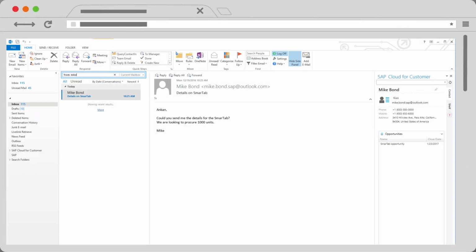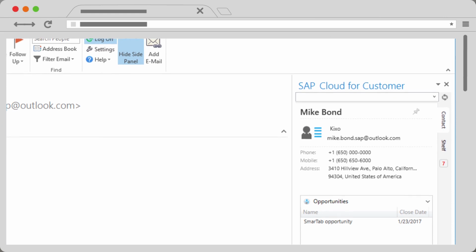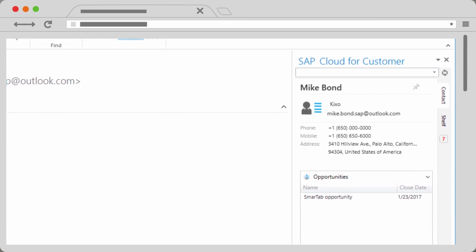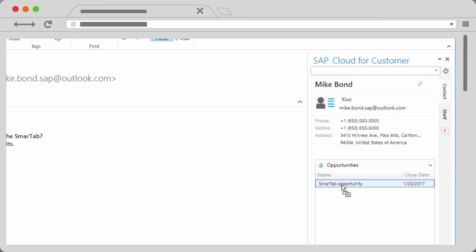Once you've downloaded our add-in to your Outlook and configured your settings, the system goes to work for you. It provides easy access to any account, contact, opportunity, or lead in a pane view in Outlook. The example on this screen shows an incoming email from Mike Bond, who is working with me on a specific opportunity. From here, I can just drag and drop the email into opportunities so I have all relevant sales information